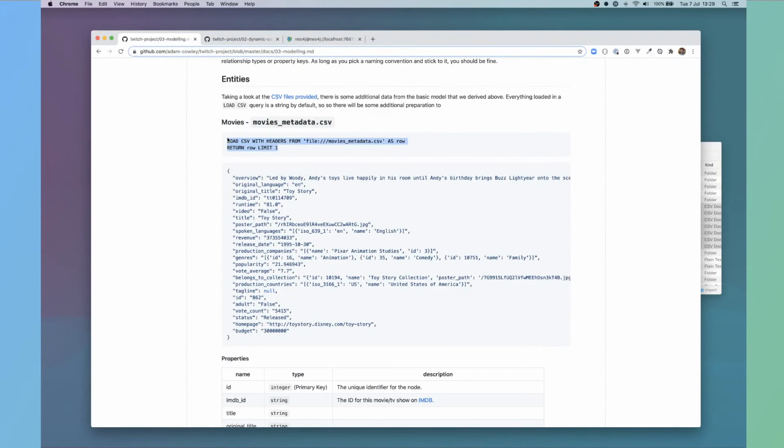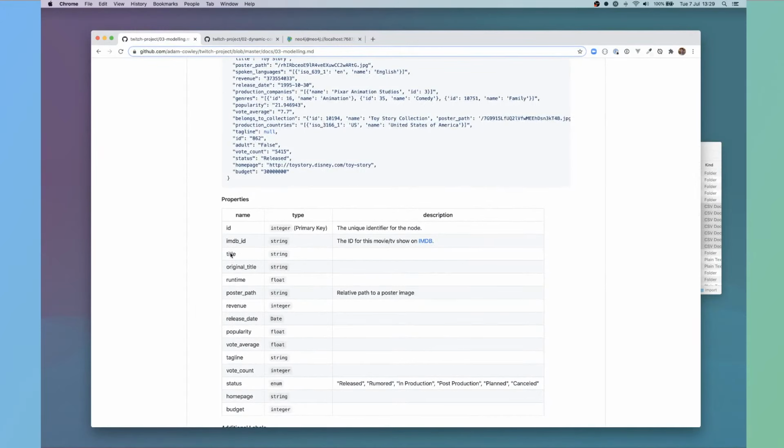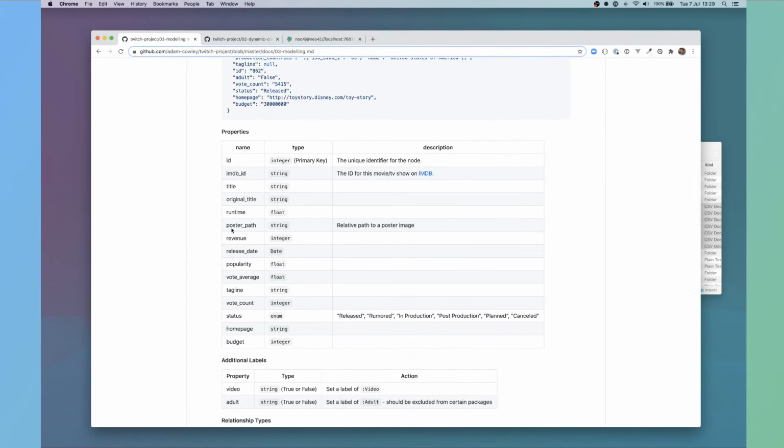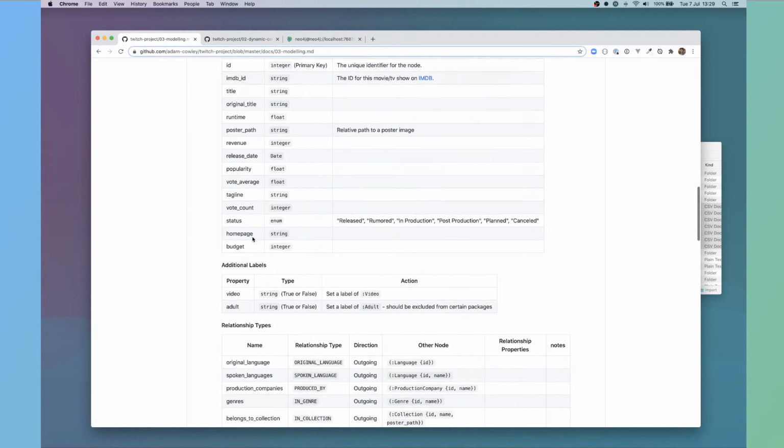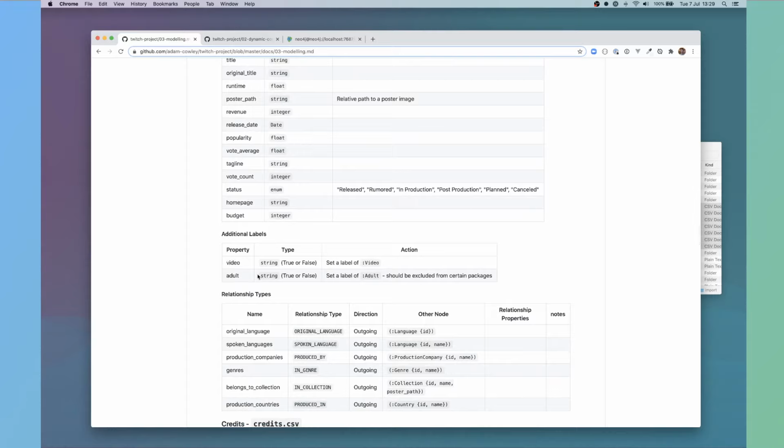I go through each of the CSV files, take a look at the files, and work out what is used, how it's used, and where it should sit. So I take, for example, the properties and then cast them if necessary to something other than a string. The additional labels, Video and Adult, are either true or false with a capital first letter.